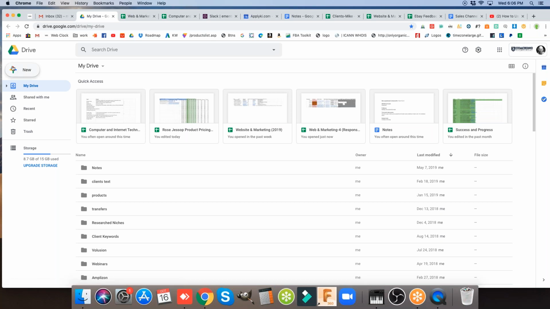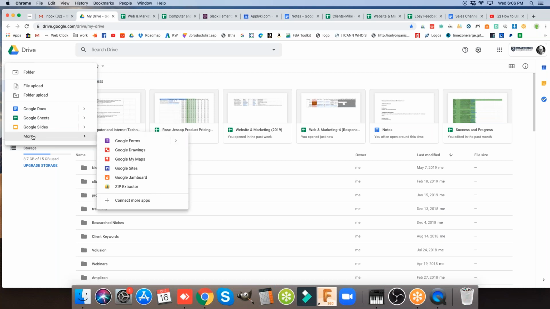So over here on the top left, we've got new. And if we click on that, we can create a new folder. We can do an upload and upload a file from our computer. We can upload an entire folder from our computer. We can go in and create a new doc. We can create a new sheet, Google Sheets, which is a spreadsheet. We can create Google Slides, which is a slide presentation like